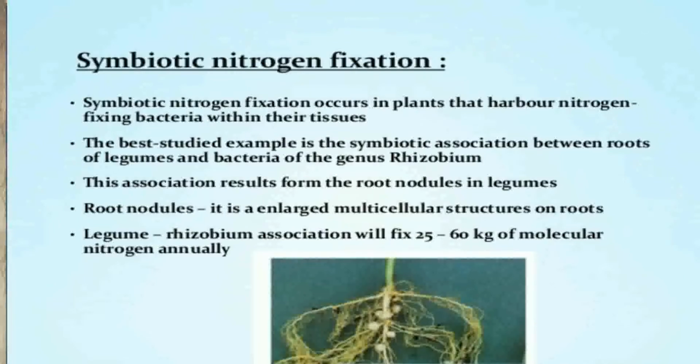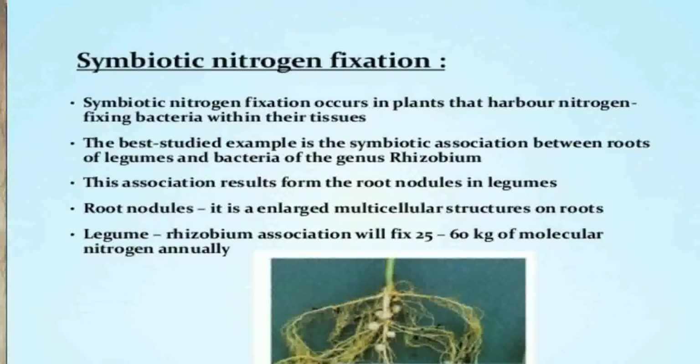bacteria, bacillus type of bacteria, Rhizobium, have such a relationship with the roots of legumes such as alfalfa, sweet clover, sweet pea, lentils, golden pea, broad bean, clover beans. In other words, with the leguminous plants of the family Leguminosae. The most common association on the roots is found in the form of nodules. These nodules are small outgrowths of the roots.